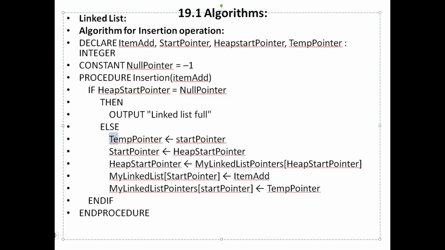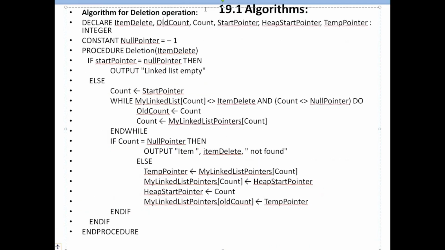Otherwise, start pointer will go in temp pointer, heap start pointer will go in start pointer, and then finally my linked list pointer. This is the pointer array at the position of heap start pointer will go into heap start pointer. My linked list start pointer add item will be stored at this position, and temp pointer will be stored in this position, because you'll have to adjust the start pointer for the linked list pointers. And end if, and proceed. For deleting a value from a linked list, you are going to need item delete, old